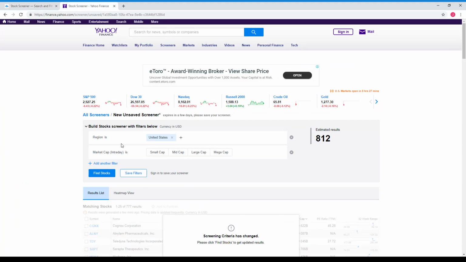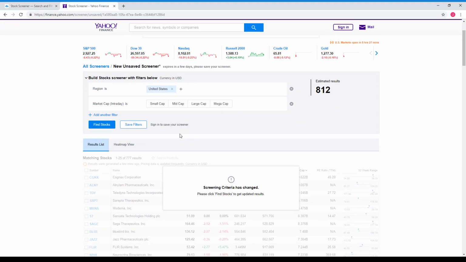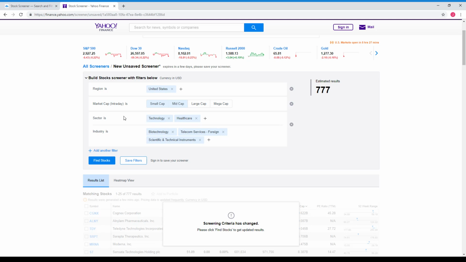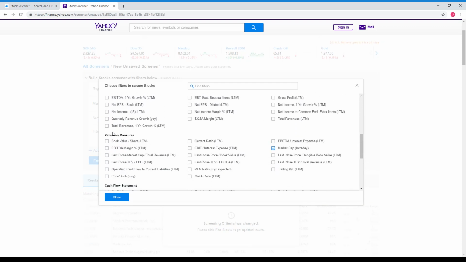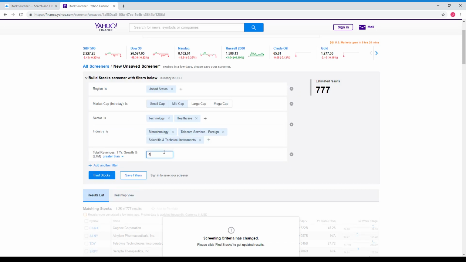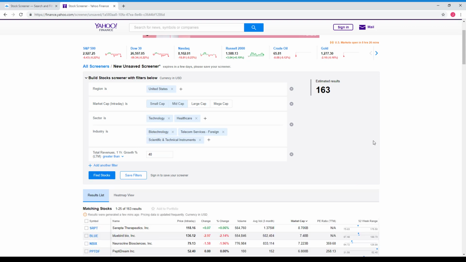Let's go over to the Yahoo one. This time let's go the opposite direction, more growth stocks and small cap. So small cap and mid cap. It looks like I already had applied some filters here. So technology, healthcare, we're just going to go for new technology, biotech, new and exciting small growth stocks. So let's add one more filter to find the growth areas. Total revenues, let's go with that. So we want high growth in the last year. Let's say 40%. And let's find our stocks. These are our high growth